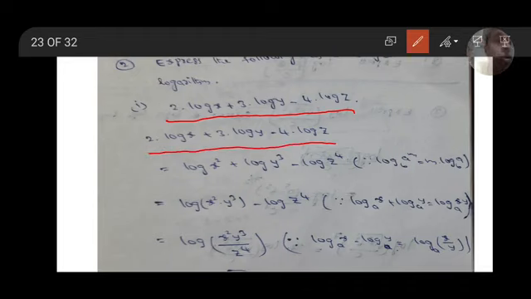Next, log x minus log y, minus is there, means log of x by y. So using that property, log of a plus b whole square into a minus b by a square minus b square. And here a square minus b square can be written as a plus b into a minus b in the denominator. Remaining is same, log of a plus b whole square into a minus b by a plus b into a minus b.